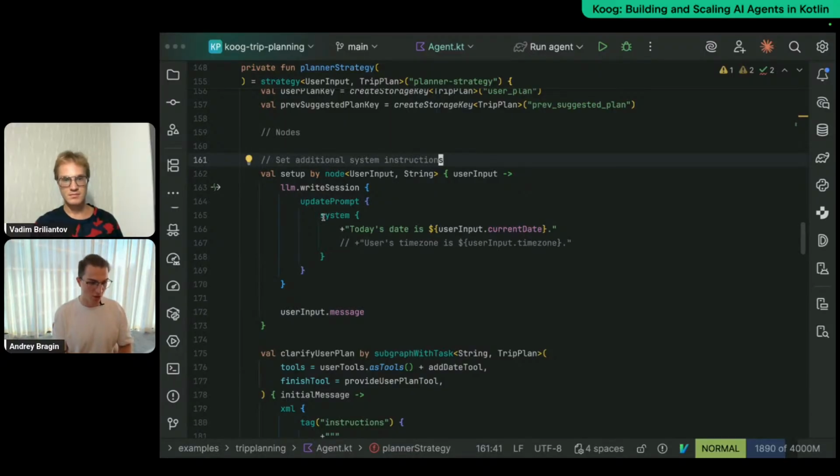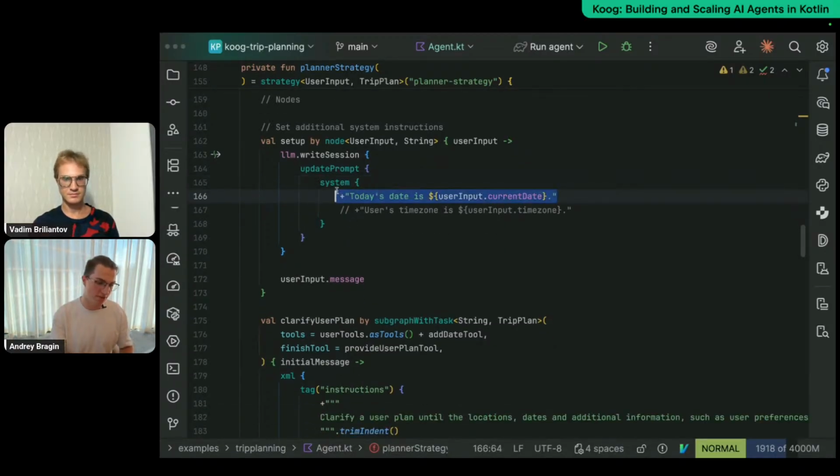But then we also want to append certain additional information to our system prompt for each run, not for the whole agent, but for each run. In this case, we're appending today's date, so that the agent would understand, when the user says I'm going on vacation in 2 days, which date to take as a baseline to add those 2 days